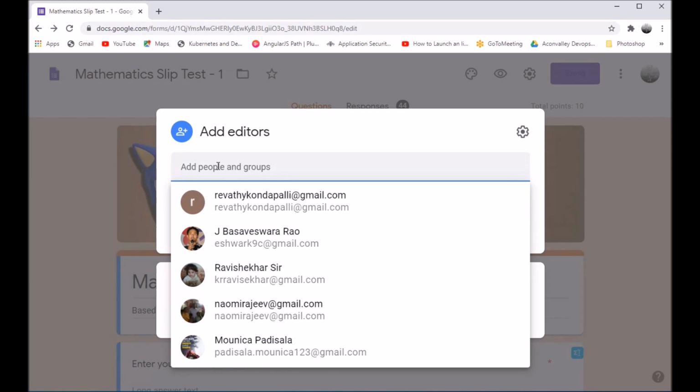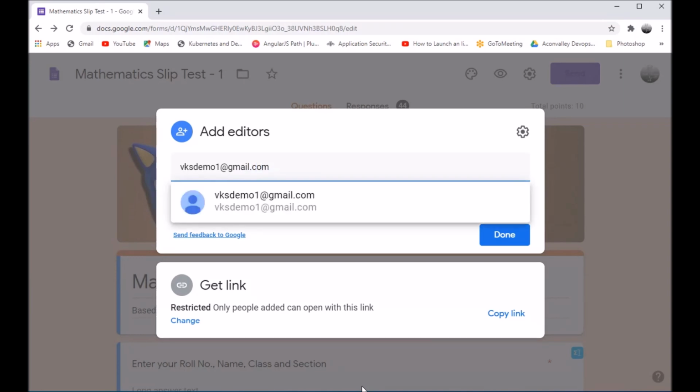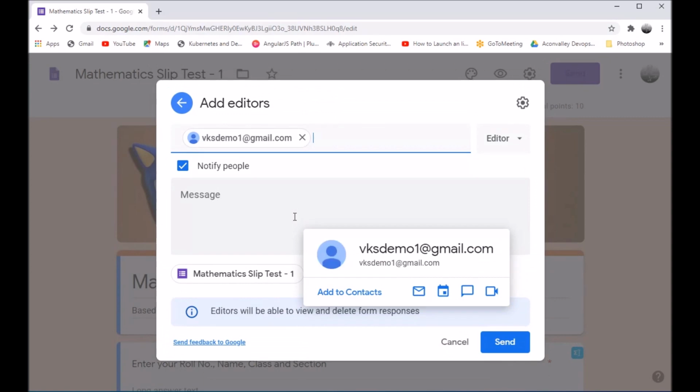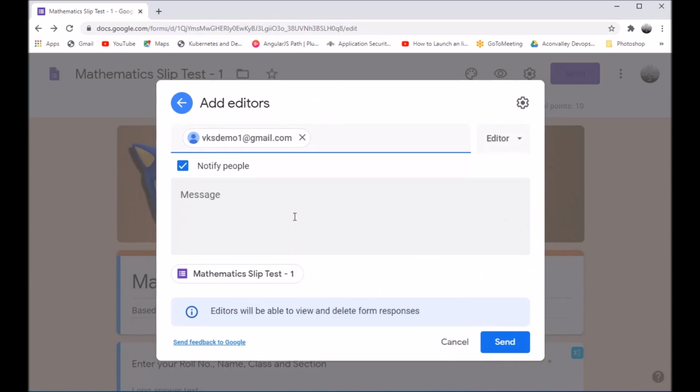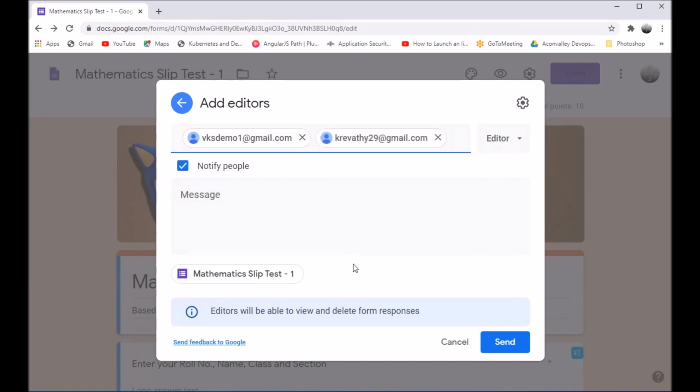So let me assume that I will be forwarding this to teacher B and another teacher with the mail ID krevati29@gmail.com.